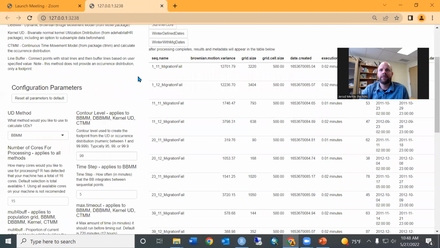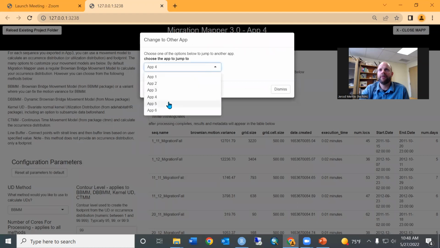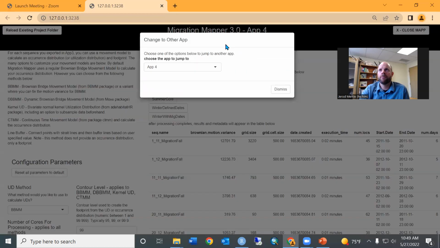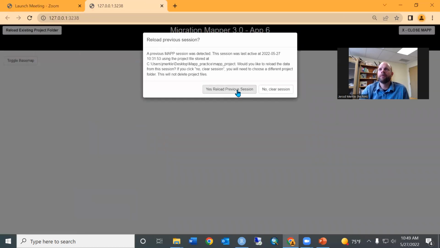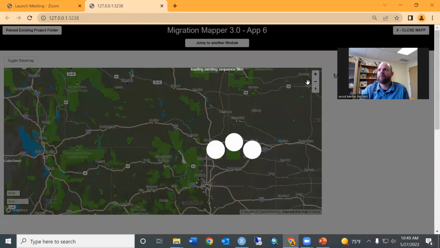Let's leave that. I'm going to leave the other two. I'm going to jump to app 6 so we can have a look at what we've done. Oh, maybe it's not working. Oh, there we go. So if we go to app 6 and reload it,